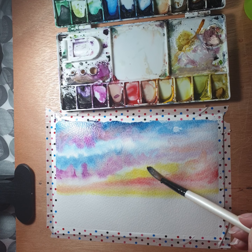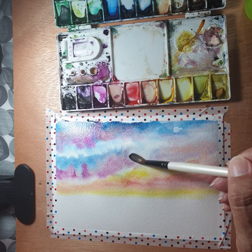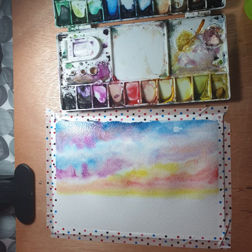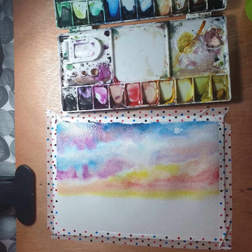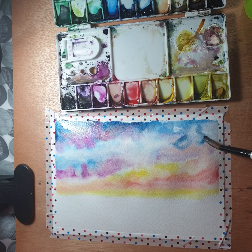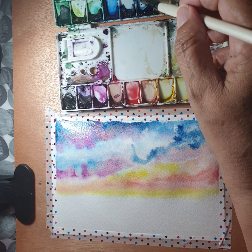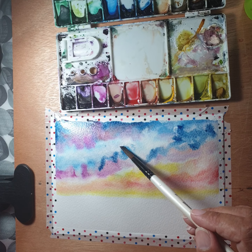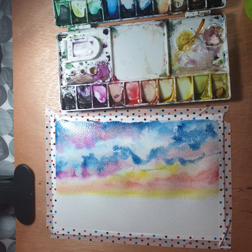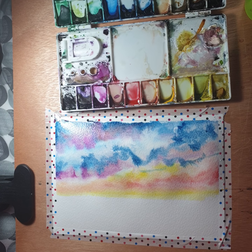There we are. Just add more water, move it all around a bit. As you can see, it just does what it wants to do. You're not totally in control with watercolours, which is one of the great things about them, actually. So you can just keep adding. There we go. Another technique which I use quite a lot